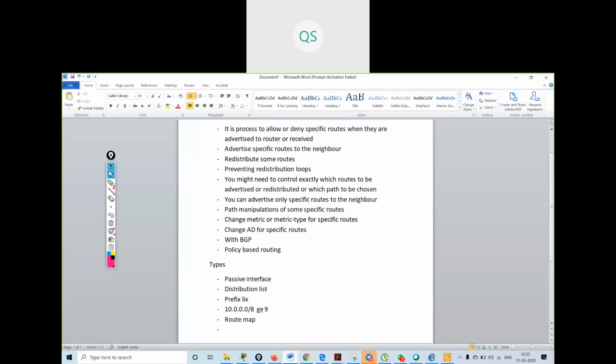So it will only block or permit. Suppose you give permit 10.0.0.0/8 greater than or equal to 9, it will block all other networks.